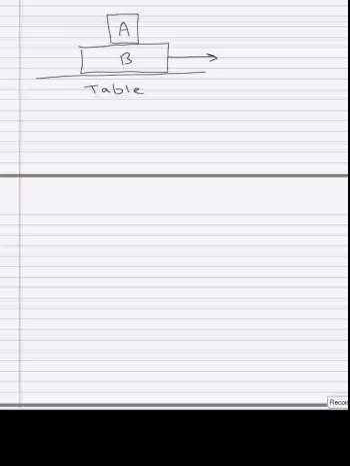In this problem, we have two blocks being pulled across a table. First, we're going to draw the free body diagrams when the table is frictionless, and then we're going to do it when there's friction and the blocks are moving at constant speed. So in the first part,